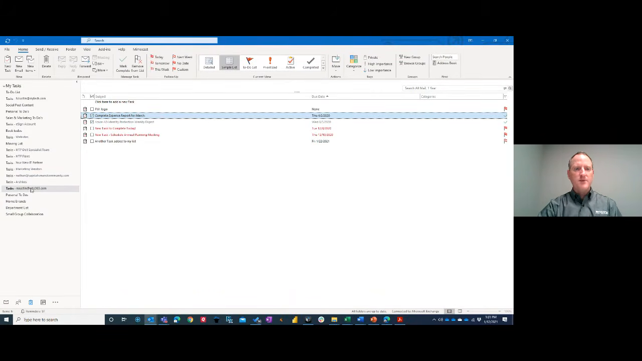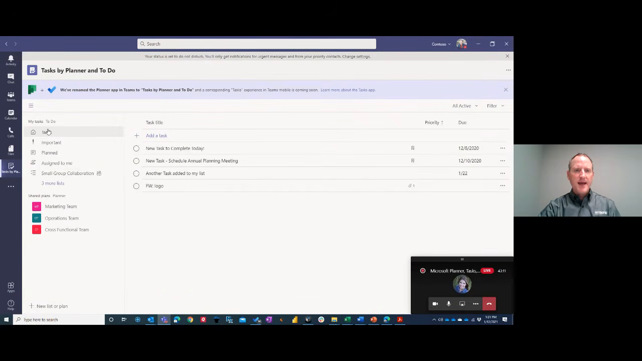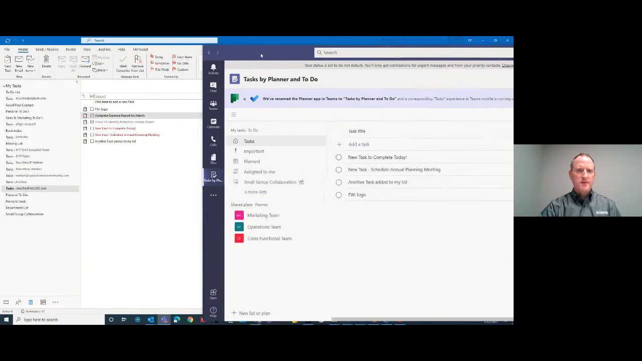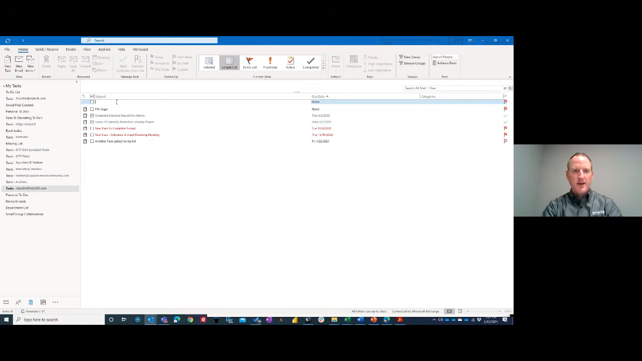And so what I've done is I've gone to my tasks in Outlook. And these tasks, if you notice, are going to be the same as what I pull up in Teams. So these are the tasks that I've got associated with this. And I'll pull this up here. And I've got the same tasks. Well, I believe so. Yeah, new task to complete today, new schedule and planning, add a task to my list, and logo. So these are the tasks that are here that are also in my Outlook tasks. So if you're someone that adds those tasks, and again, I can go here and I can click into a task like new task,